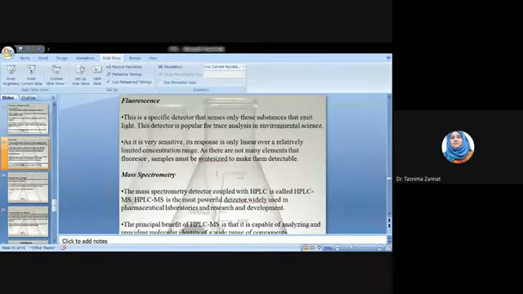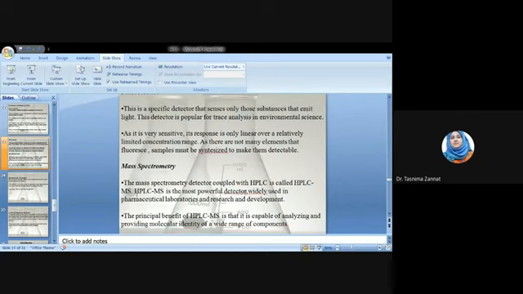But mass spectrometry, the mass spectrometry detector coupled with HPLC, which is called the HPLC MS, it is very powerful detector and very expensive and has wide range of the compounds. তার মানে ফ্লোরেসেন্স দিয়ে যেগুলো আমরা করতে পারি না, ইউভি দিয়ে যেগুলো আমরা করতে পারি না, এগুলোও কিন্তু আমরা মাস দিয়ে করতে পারি, এইচপিএলসি এমএস ডিটেক্টর দিয়ে আমরা করতে পারি।